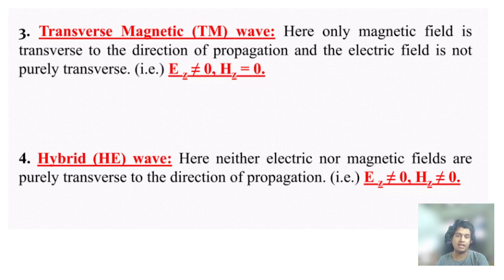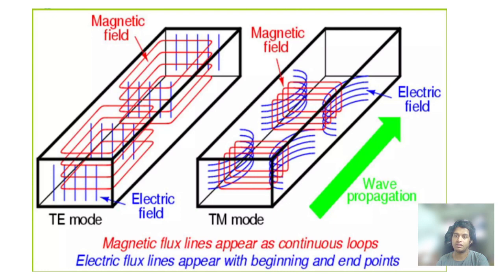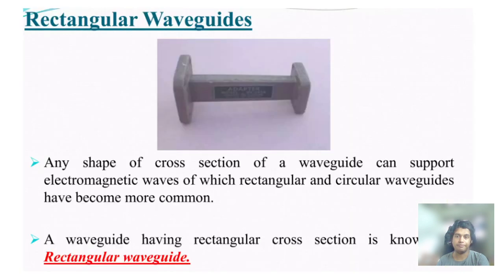Hybrid wave: here neither the electric nor the magnetic field is purely transverse to the direction of propagation. Ez not equal to 0 and Hz not equal to 0. And again, as you can see here, for TE mode and TM mode, the electric field and magnetic field directions, and also the wave propagation direction compared to it. Now,